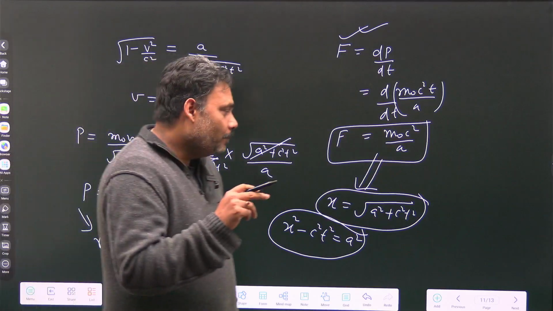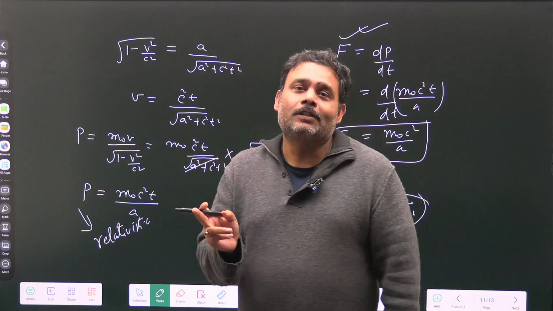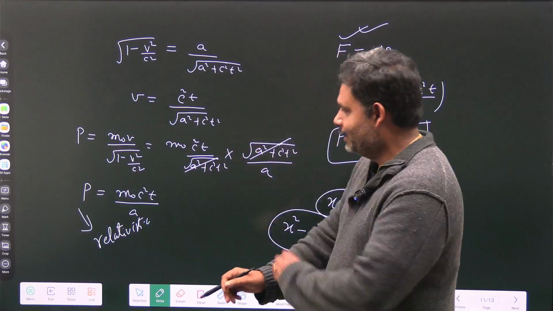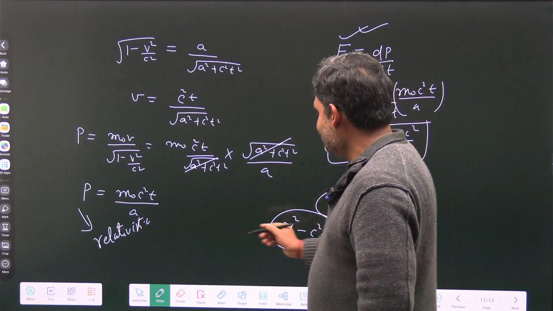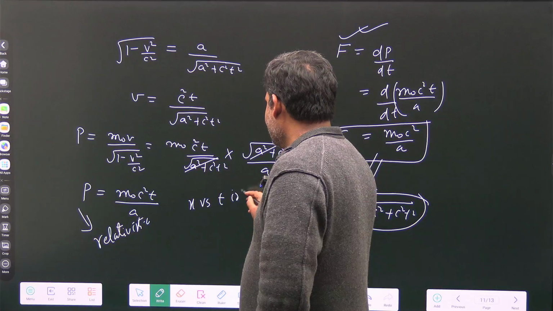And if you remember this particular thing for Newtonian mechanics, if your force is constant, then x versus t is parabolic. So this is very interesting. X versus t is parabolic